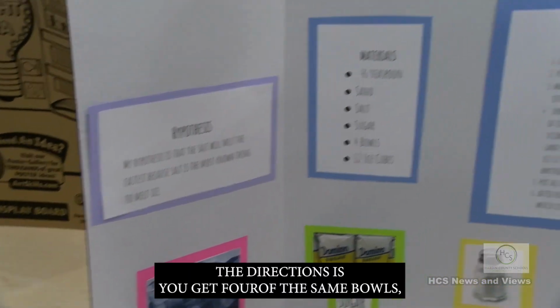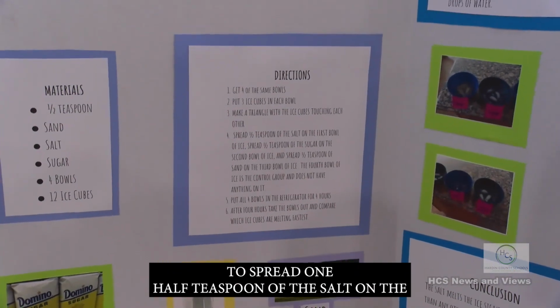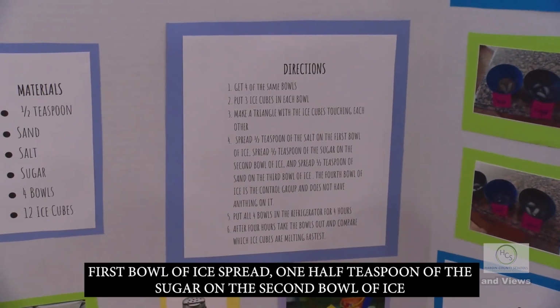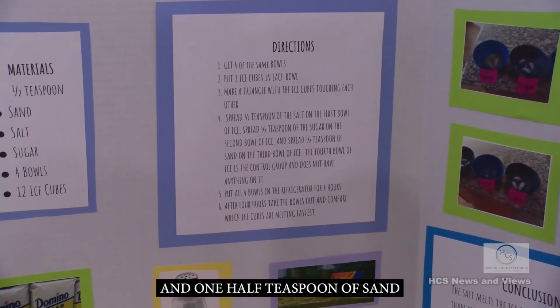The directions are to get 4 of the same bowls and put 3 ice cubes in each bowl. Make a triangle with the ice cubes touching each other. Spread 1/2 teaspoon of the salt on the first bowl of ice. Spread 1/2 teaspoon of the sugar on the second bowl of ice, and spread 1/2 teaspoon of sand on the